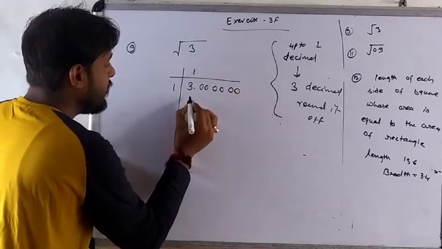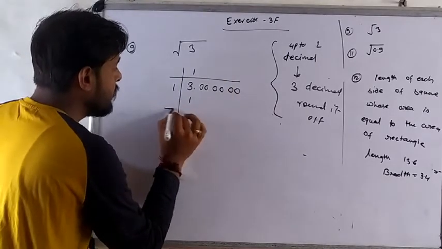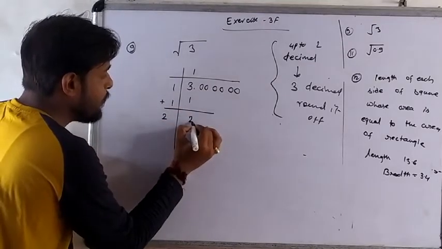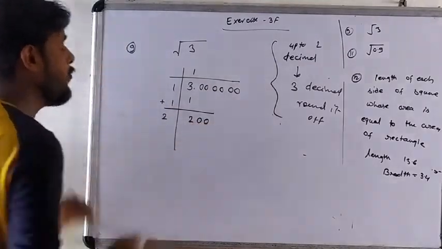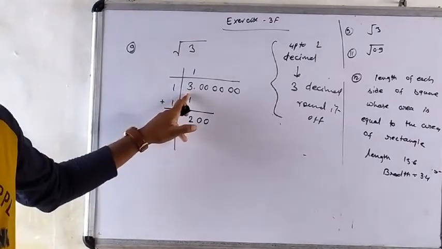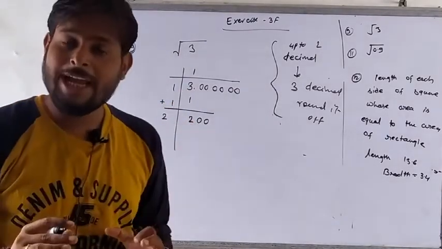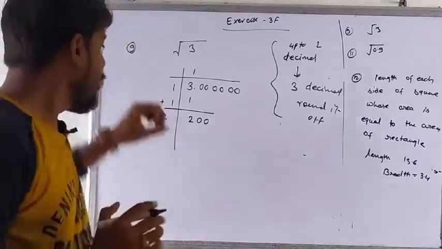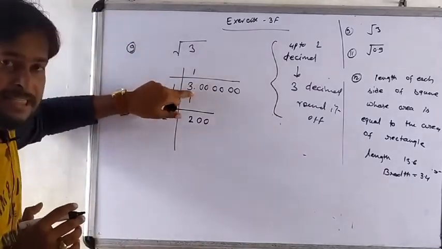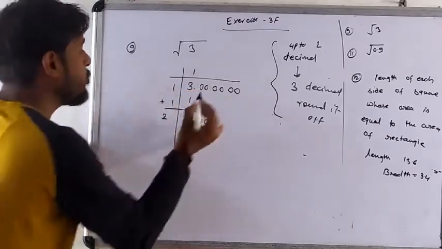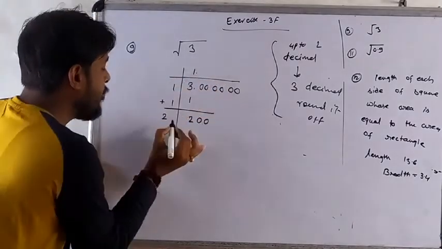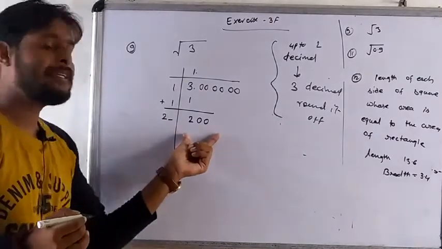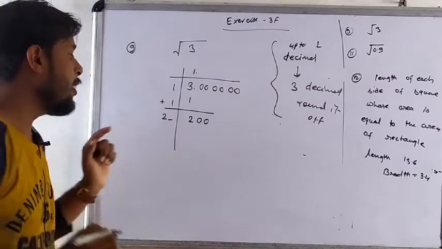So 1 square. Add this quotient here, 2. Subtract. Now take this pair downside. Yesterday recall, as soon as the integral part is over, we have to put a decimal point. So after 3 there is a decimal point, the integral part is over, so we put the decimal here. Now select a number here so that either we can get 200 or less than 200.